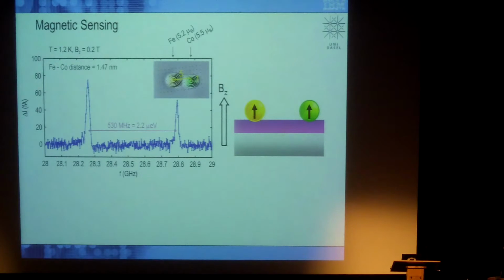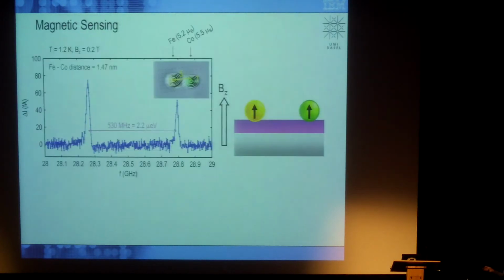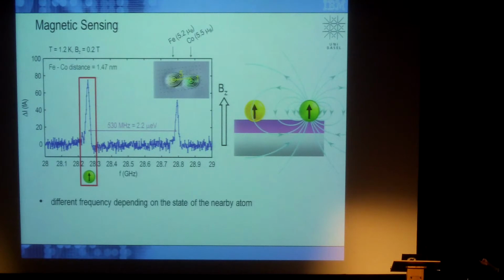And what happens if you have this? Basically, the cobalt atom has a magnetic moment too, and when it's in its ground state, it reduces the local magnetic moment of the iron atom, and therefore it shifts the frequency a little bit down. And of course, if the cobalt flips and is in its excited state, it moves it a little bit up. So we get a splitting of the frequency that we see due to the neighboring atom, even though we only look at the iron